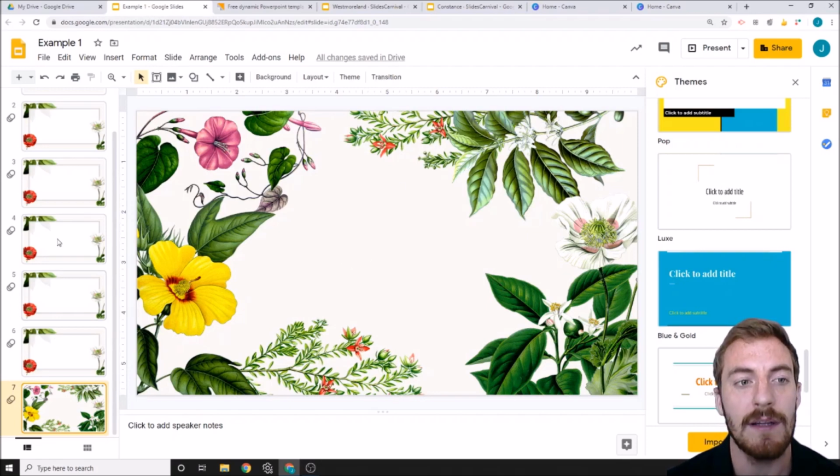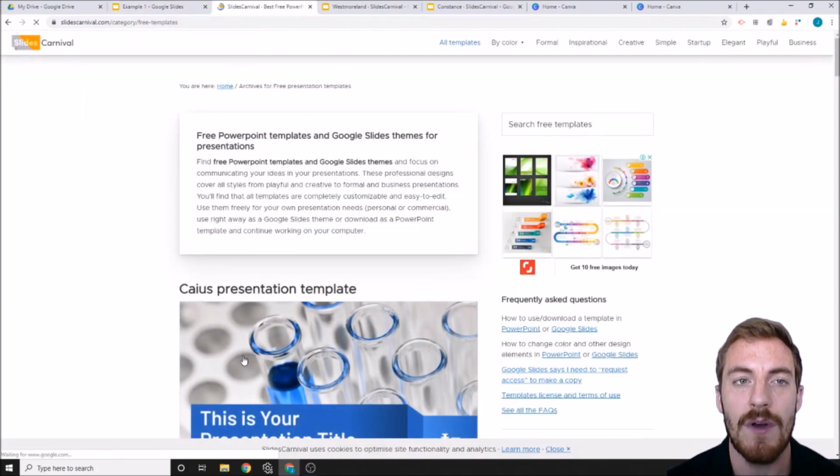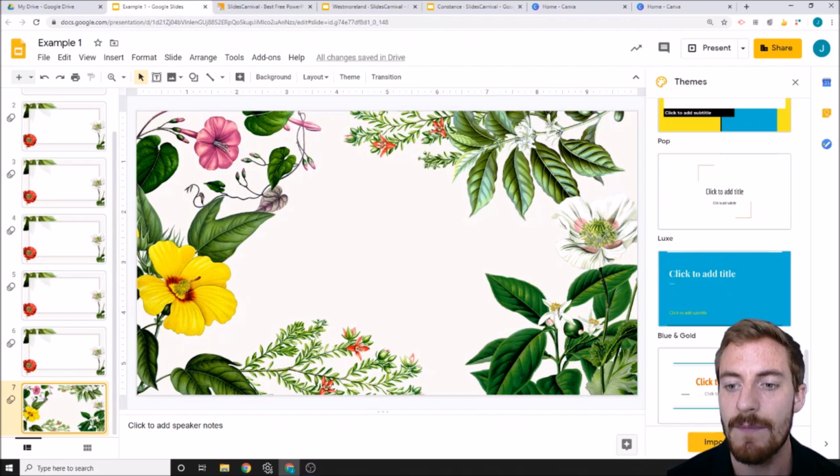And what I really like to do with this is once you have them in your drive, you can just reuse them by pressing Import Theme. And you can use any theme that you've used in the prior presentation. So that's really useful for me as a teacher, but also when I assign group projects, like I have my TOK presentation coming up. I share this strategy with students as well, just to have presentations that are more visually